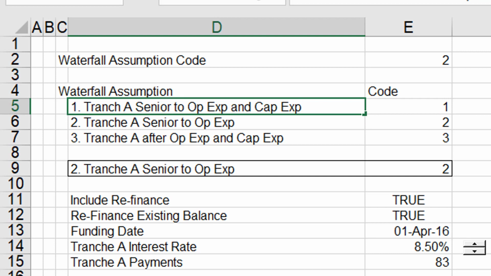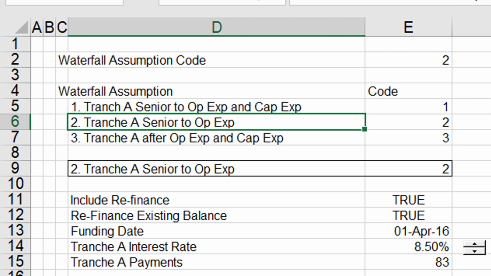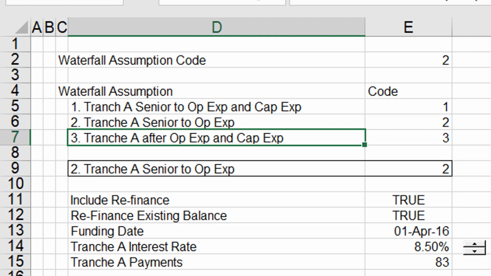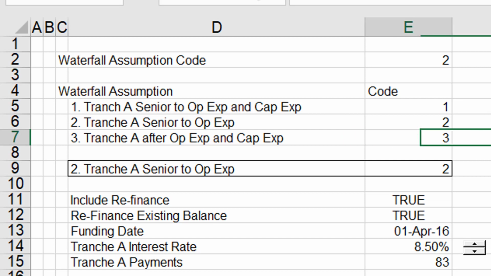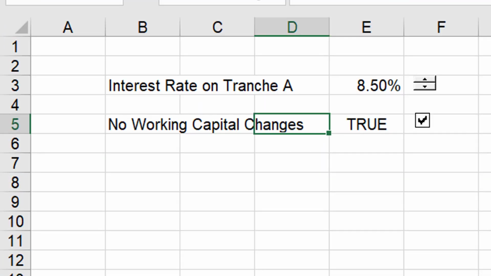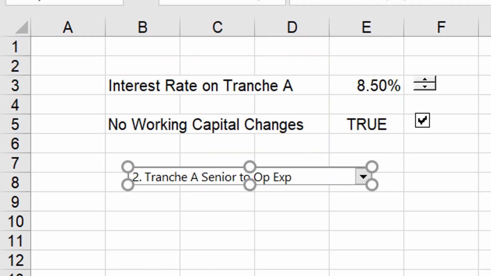Senior to OPEX and CAPEX. No, that's okay. It allows a default. This allows a default on CAPEX, and this says, no, you're going to pay your OPEX and CAPEX first. So we're going to make 3 different scenarios with the cash flow waterfall. Okay, and we're going to think about which one is realistic and which one should we really use to evaluate whether we actually have a default in our model.